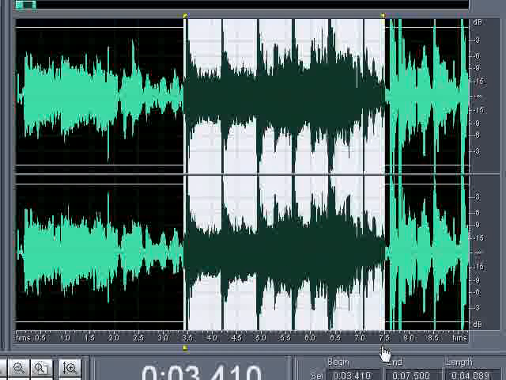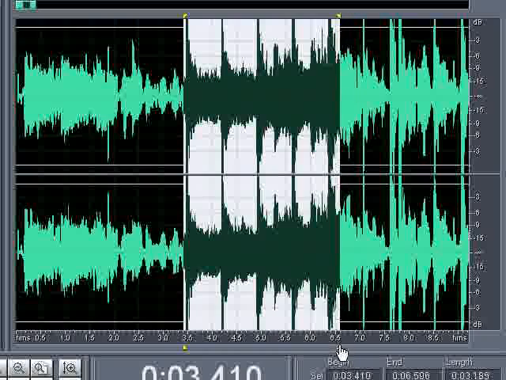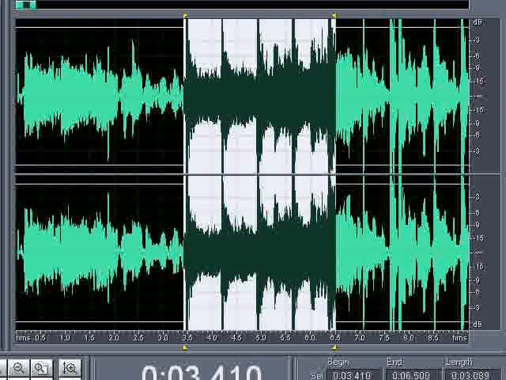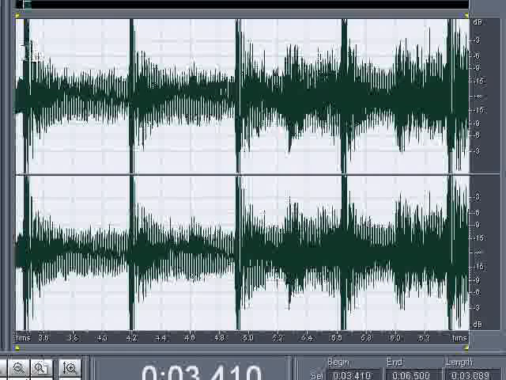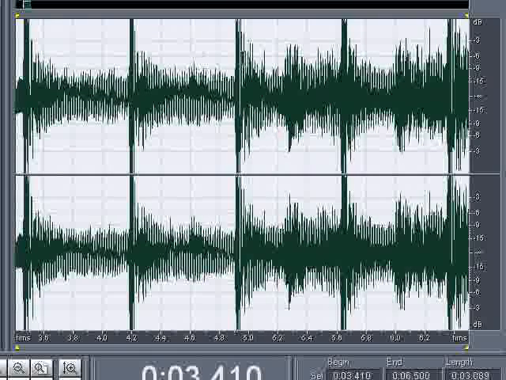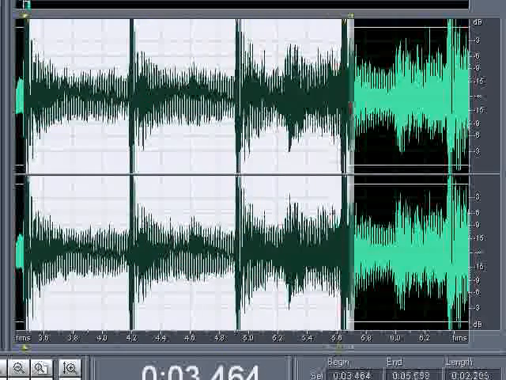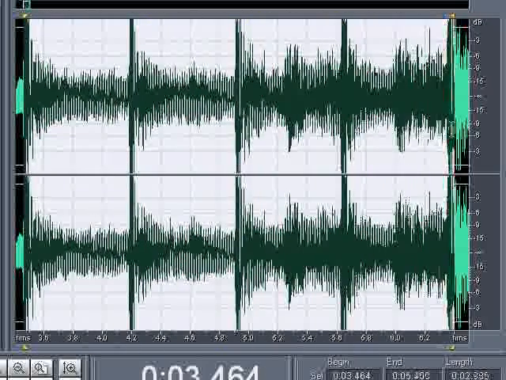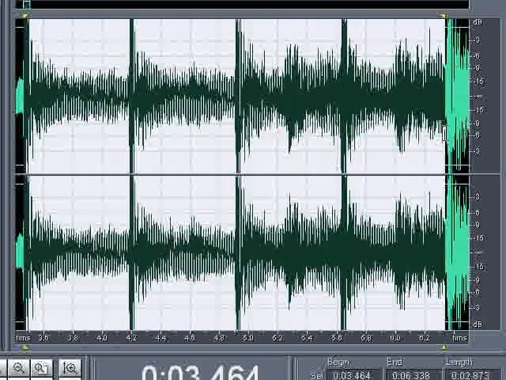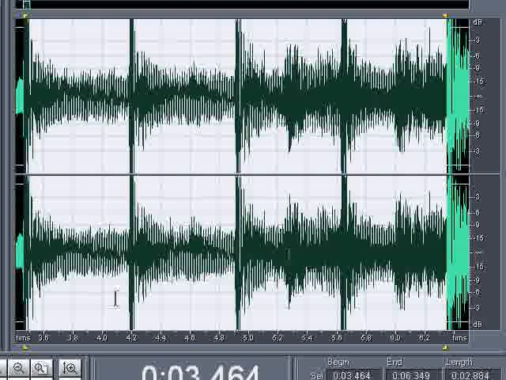So what I'm going to do is I'm going to zoom in to this area, and I'm going to see that these peaks are showing me where those hits are. And I'm going to basically start on 1, 2, 3, 4, and then I'm not going to include the 5th one, which is here. I'm going to go just before it starts. So now what I have is very close to a 1 bar loop, and if I play this with a loop turned on,